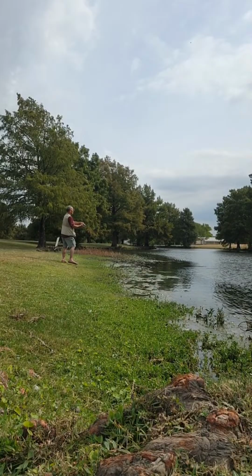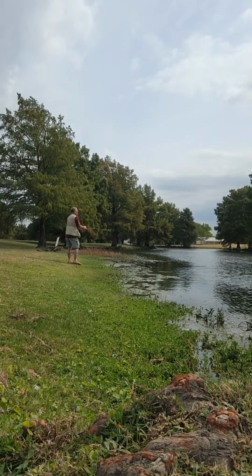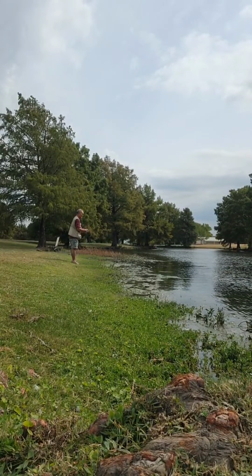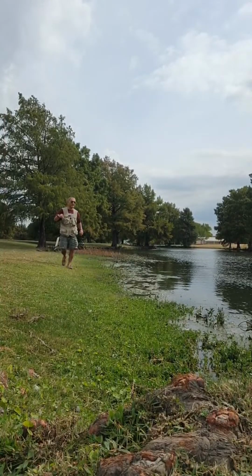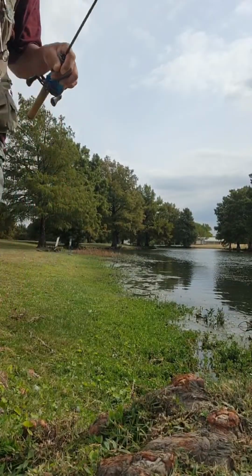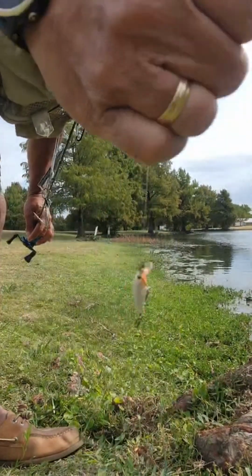Okay, there's some greenery here I'm trying to keep away from. Come on. It's like some floating green stuff that definitely is going to clobber the lure. All right, let me get some of this junk off. Okay. All right. Looks like the Water Wolf camera got moved a little bit, or came in a little bit, so we'll see. All right, we'll keep at it. Okay. All right, little ultralight Rapala X-Wrap,